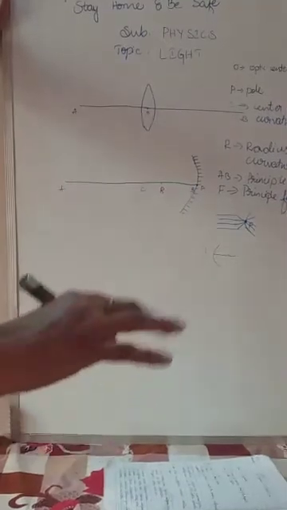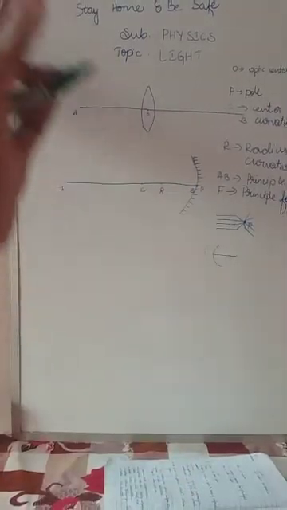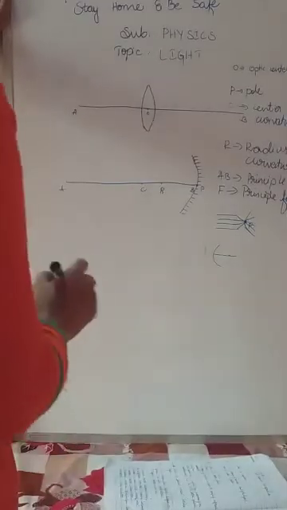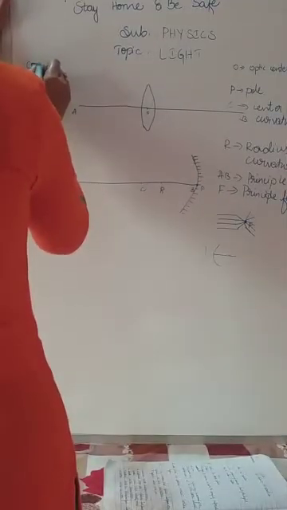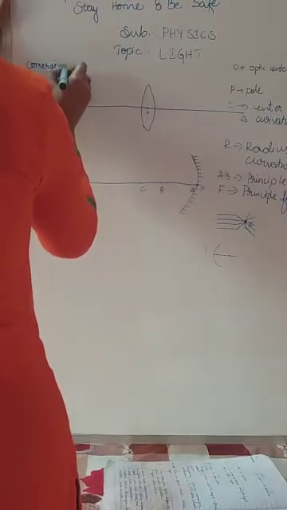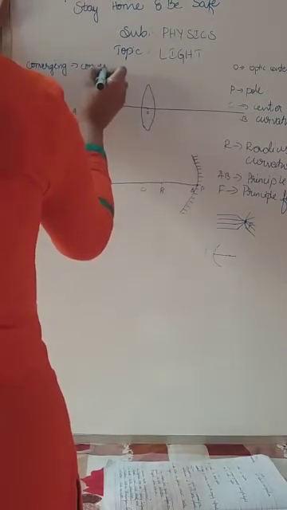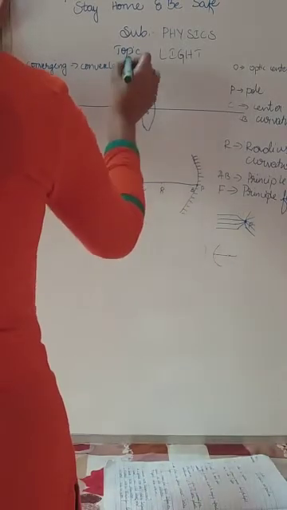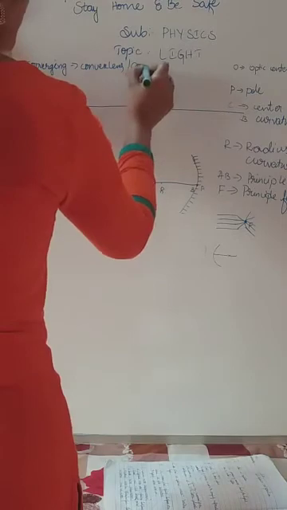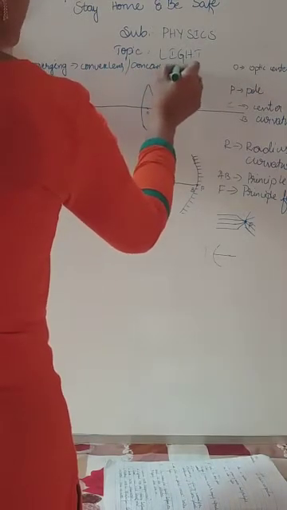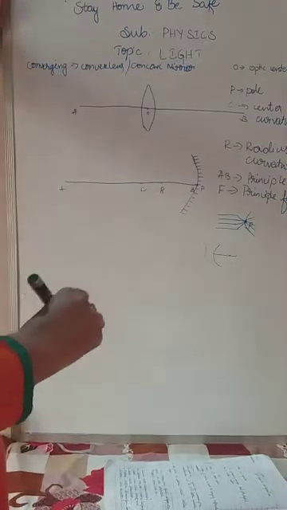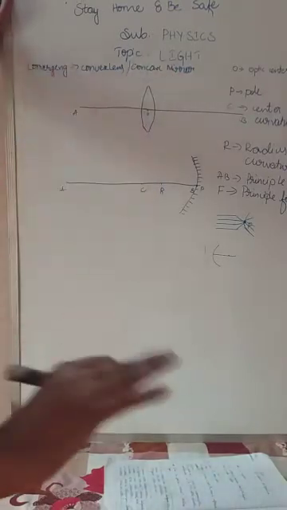One is the principal focus of a converging lens and the other is the principal focus of a diverging lens. Yesterday I told you, a converging lens is nothing but the convex lens. Again I remind you, in case of lens, converging is convex lens, and in case of mirror, converging is concave mirror. That thing you have to remember here.